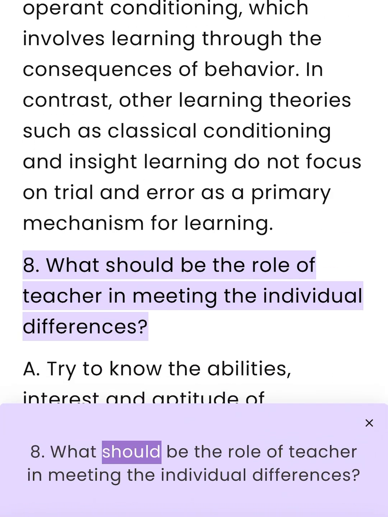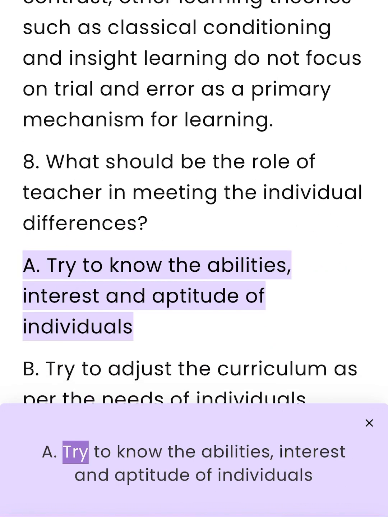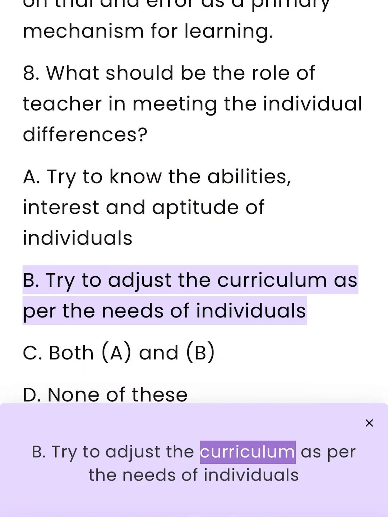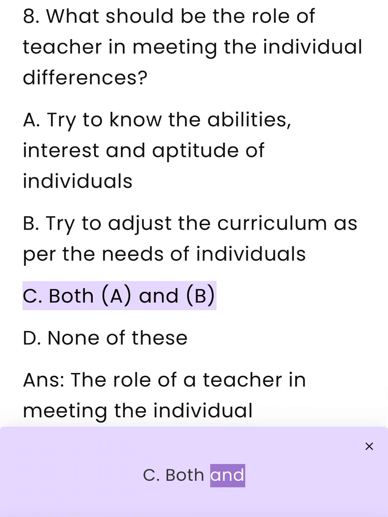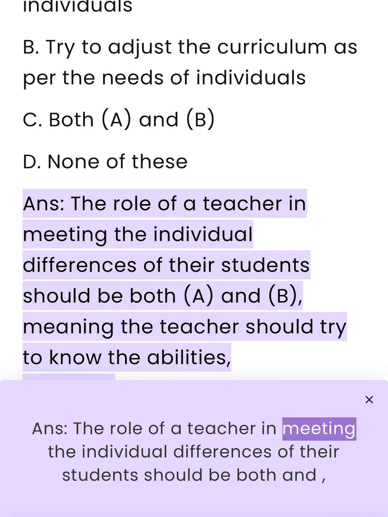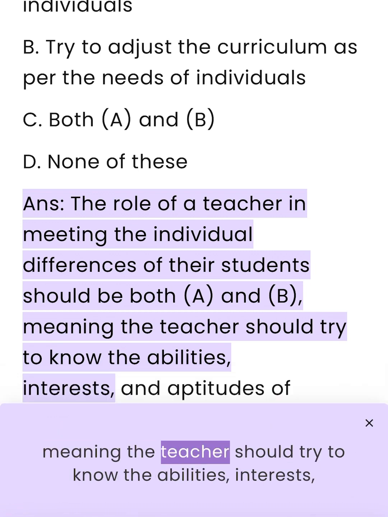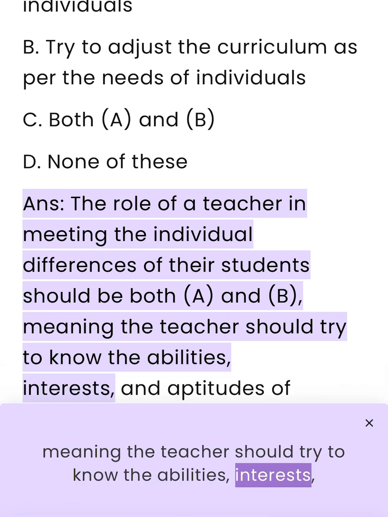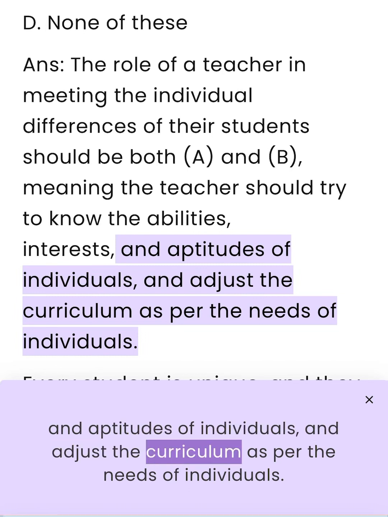8. What should be the role of teacher in meeting the individual differences? A. Try to know the abilities, interest and aptitude of individuals. B. Try to adjust the curriculum as per the needs of individuals. C. Both A and B. D. None of these. And the role of a teacher in meeting the individual differences of their students should be both A and B, meaning the teacher should try to know the abilities, interests, and aptitudes of individuals, and adjust the curriculum as per the needs